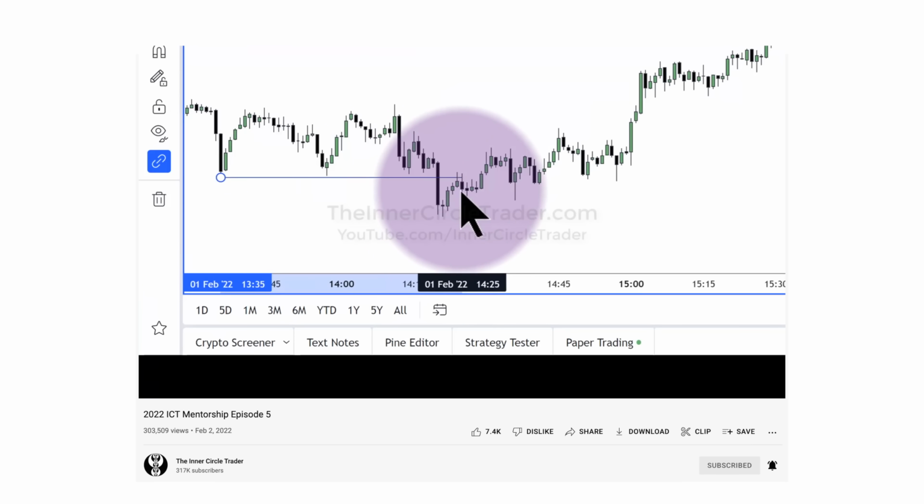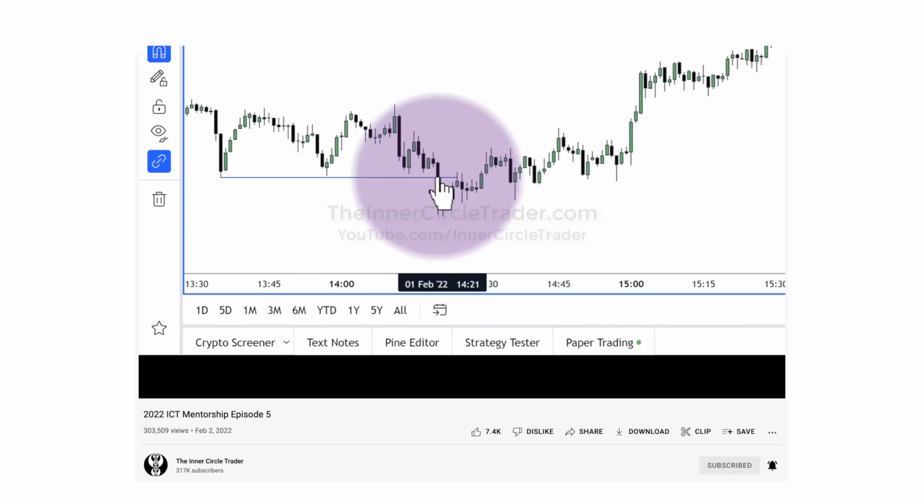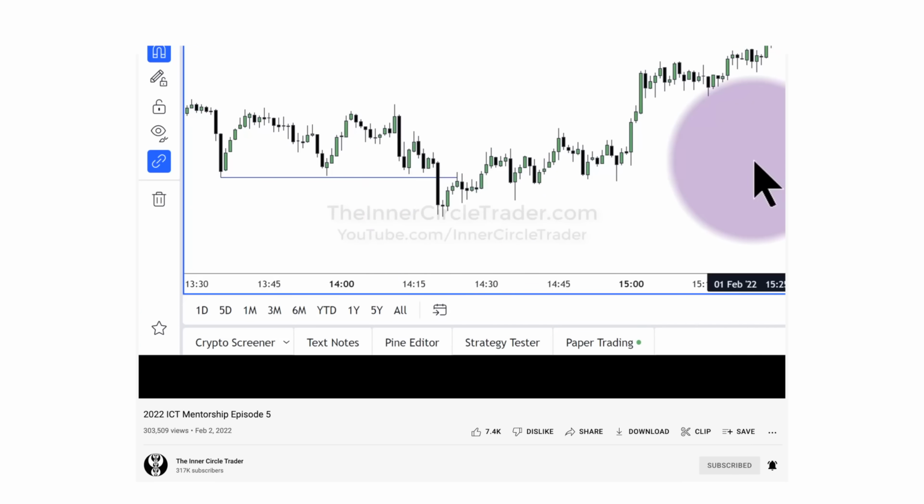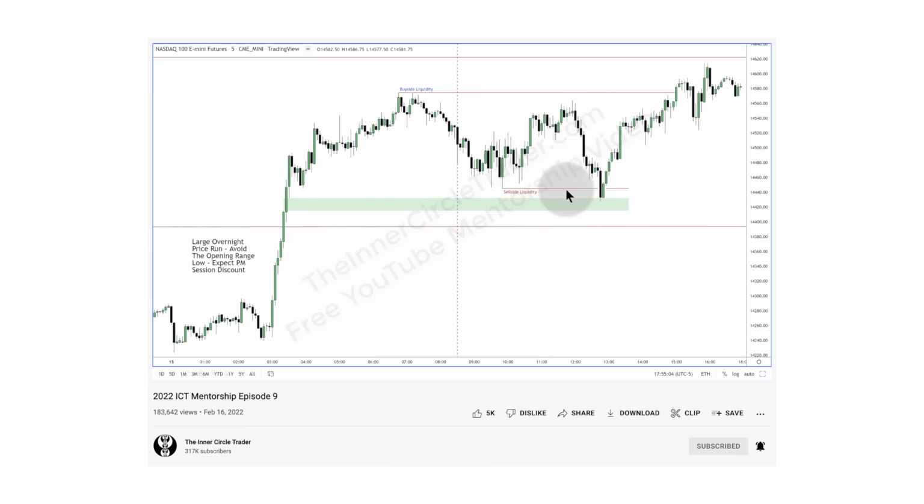Below this level, there's sell stops. I want to be buying those stops. The NASDAQ drops down, taking out the sell side, digging into that fair value gap. You don't chase the overnight run, and you wait for them to give you a low that everybody overnight will want to put their stop loss right beneath after it starts to rally above it. It's even better when you don't have this high taken out yet. See how I took it up here? And it just went right down for them.